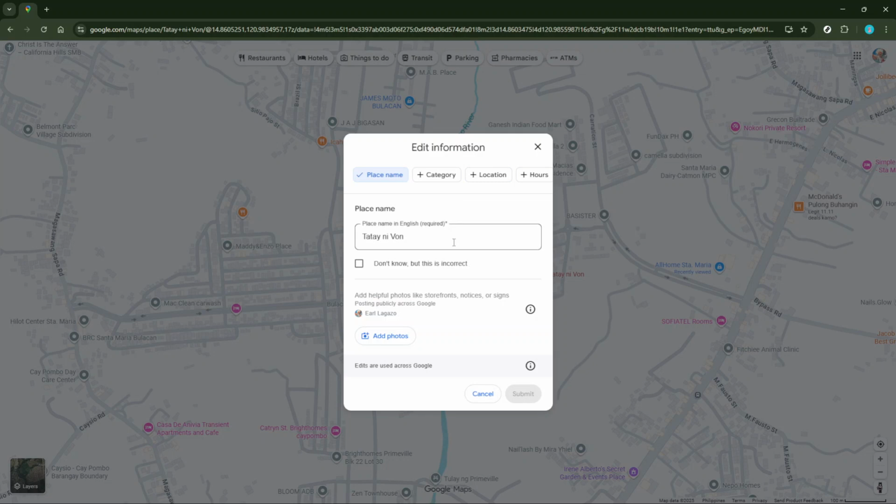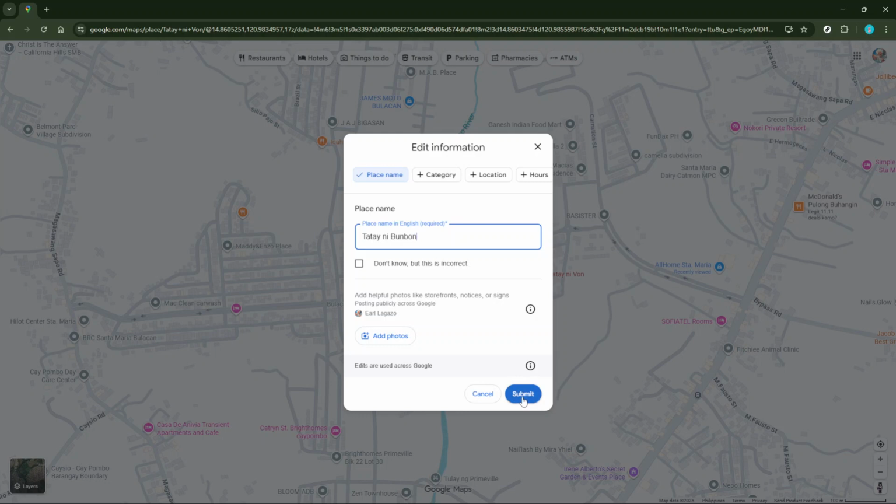Now you're in editing mode. Here, go ahead and make the necessary changes to the location's name. You can also tweak any other details that might be incorrect or out of date. Perhaps there's been a recent name change, or you've spotted a typo that needs fixing. Whatever the case, ensure your edits are accurate and reflective of current information. It's a good idea to double-check everything before moving forward.